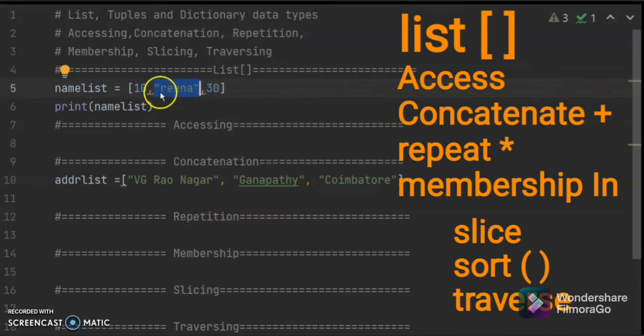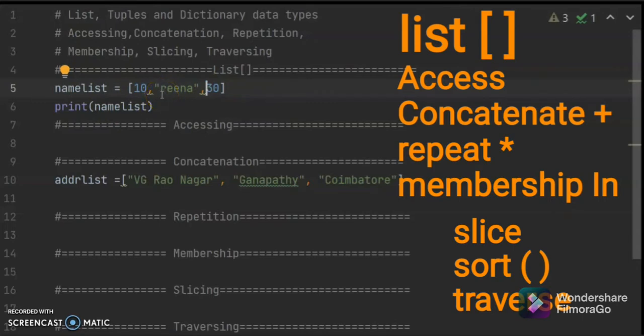It is enclosed in double quotes, and you have a roll number and you have a mark. Mark, what she scored in a previous assessment. So roll number, name of the candidate or student, and her mark. Okay, now here what is a list? List is a collection of elements of different data types.